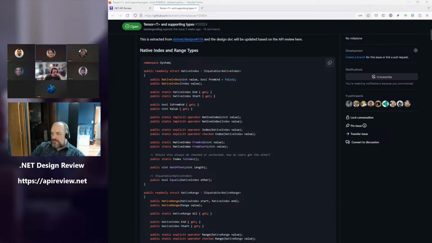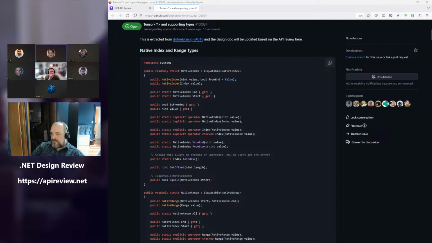For example, the constructor that takes index directly to parity the implicit conversion, the toIndex API, although we never landed on whether that should always do a checked or unchecked conversion, or how users would get the other one via named API, since that's not a concept we've had to consider yet before.